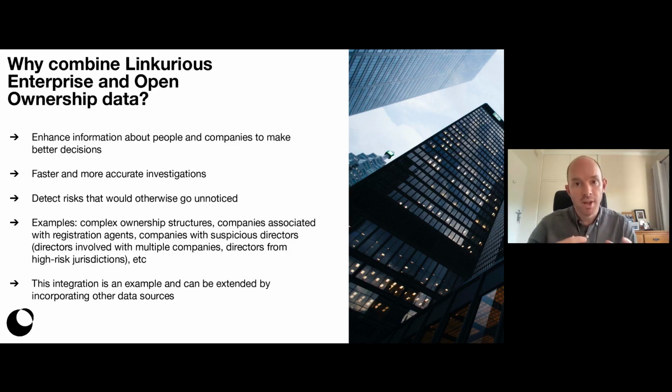So we hope that in the years to come, there will be more and better data coming from lots of different countries. So obviously, the important thing is when you have that better quality data, it's very, very useful to have tools like Linkurious Enterprise in order to understand them, to set up alerts, to analyze the networks of information that you can pull together, where you can add beneficial ownership data in, thanks to the kind of work that